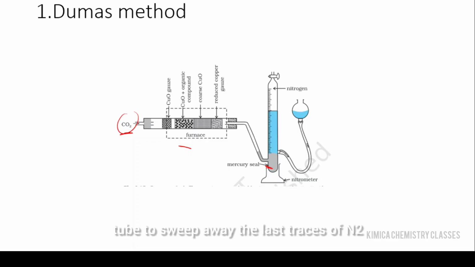traces of N2. The volume of nitrogen collected over the KOH solution in the nitrometer tube is recorded after careful leveling. The room temperature is recorded and the vapor pressure of the KOH solution at the experimental temperature is noted, and we can make a table. Results and their calculation